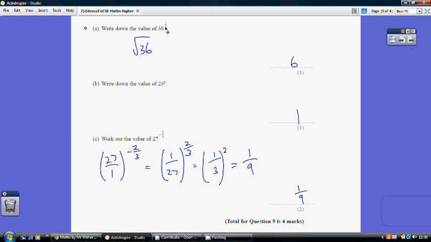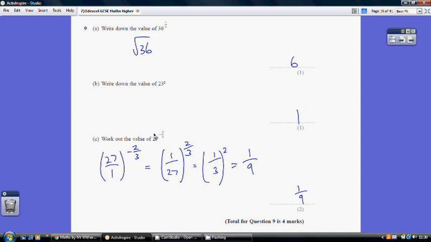36 to the power of a half just means the square root of 36, which is 6. Anything to the power of 0 is 1, so part B is 1. Now for part C, because we've got the negative involved in the indice, remember this means we've just got to